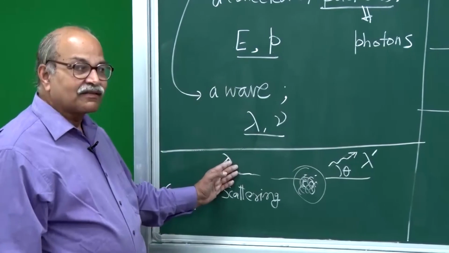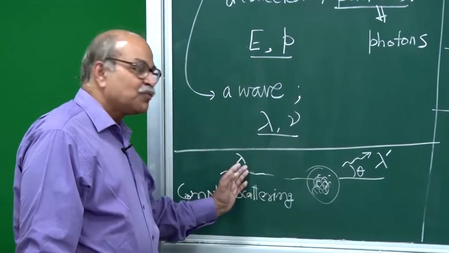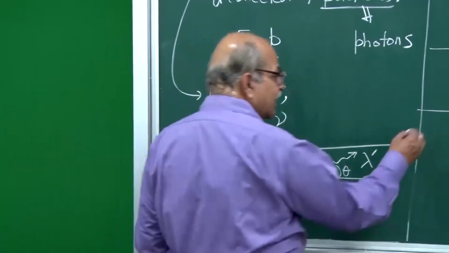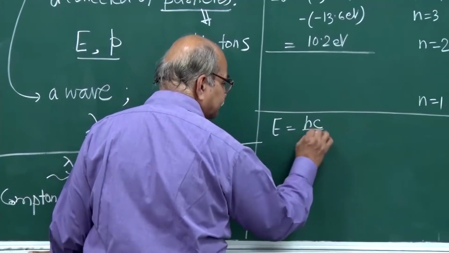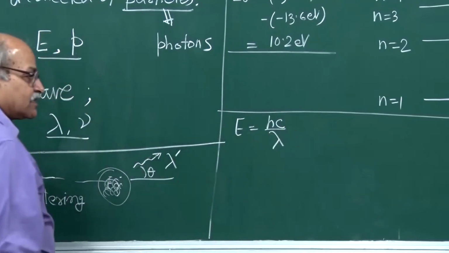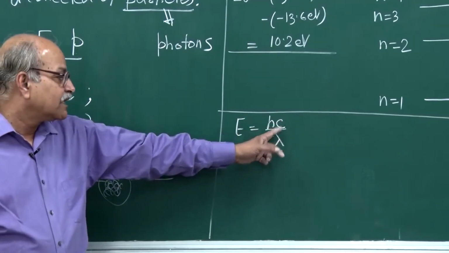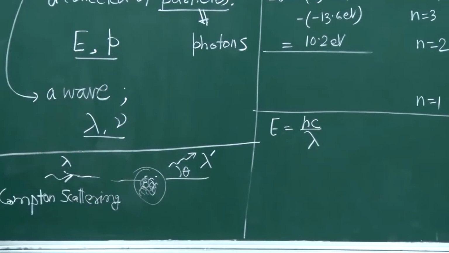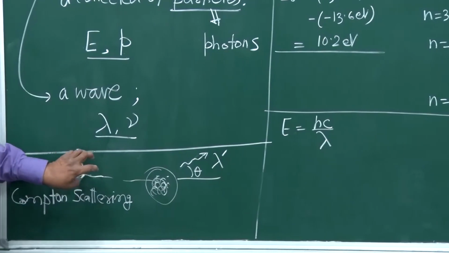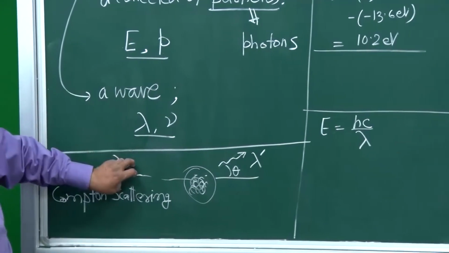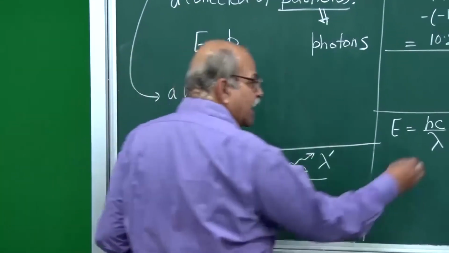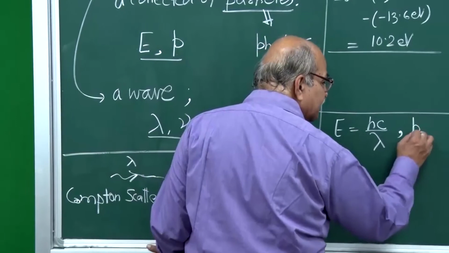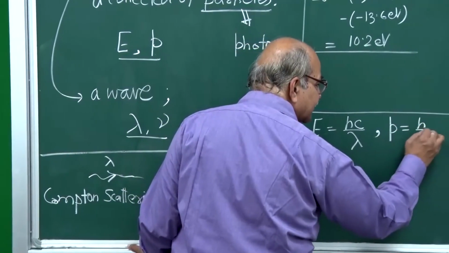This is a collection of particles, and each particle has an energy which is hc over lambda. h is the Planck constant, c is the speed of light, and lambda is this lambda. So, if you treat this radiation as a collection of particles, each particle having this energy and each particle having a linear momentum p, which is h divided by lambda,